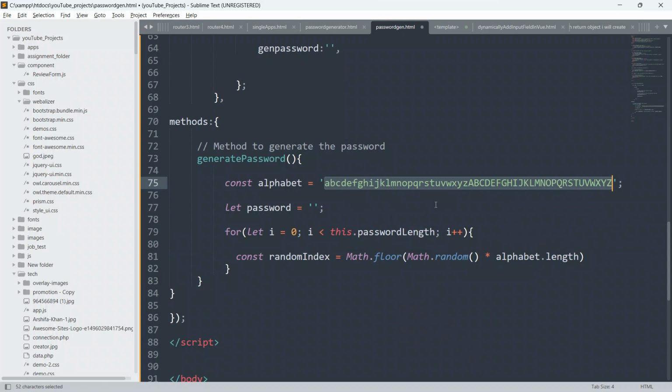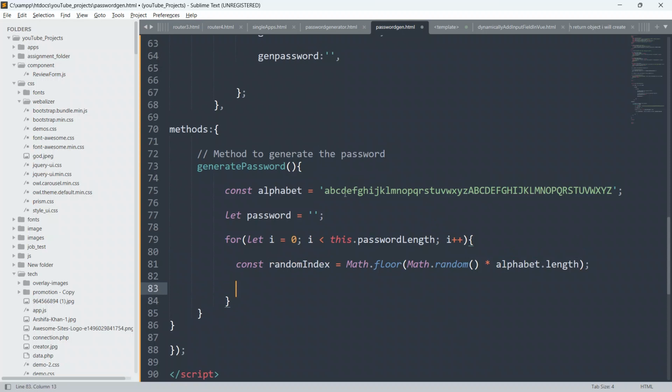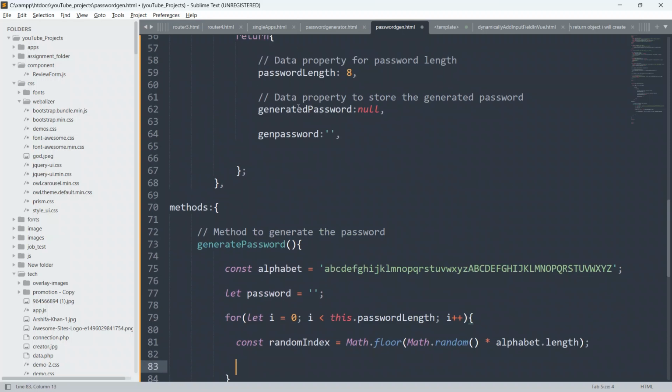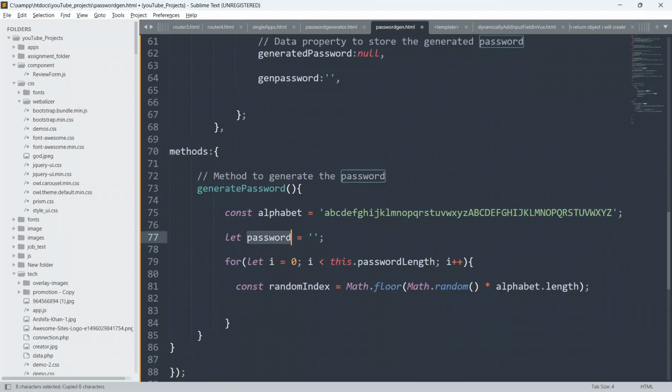Okay, so guys, here I will generate a random index. I will say Math.floor, give the parenthesis, and inside this I'll say Math.random, and multiply this Math.random with the length of this alphabet. So just close this. Then I will copy this password variable from here, and we will append to it.